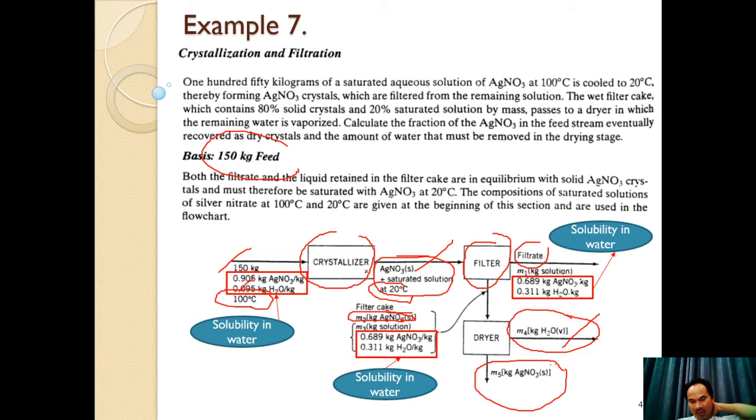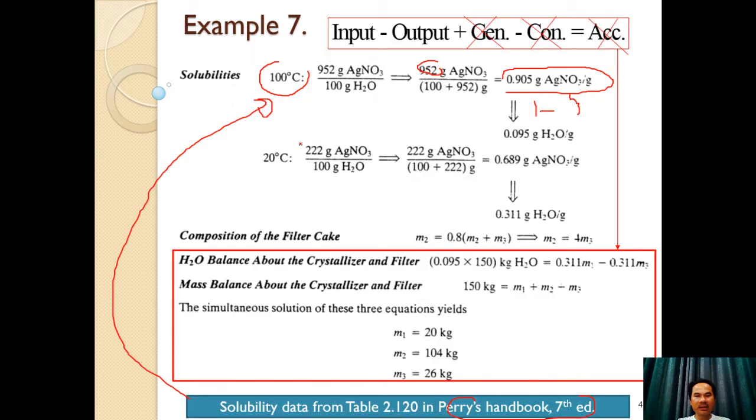Next, the product out of the crystallizer. This includes silver nitrate crystal and saturated solution at 20 degrees Celsius. The filter is also at the same temperature. For the filter cake, the solution is in equilibrium at 20 degrees Celsius. Equilibrium means the solubility at 20. Okay, for the next step, you find the composition from the crystallizer, the composition in the filter cake and the composition in the filtrate at 20 degrees Celsius. From the chemical engineering handbook, at 20 degrees Celsius,